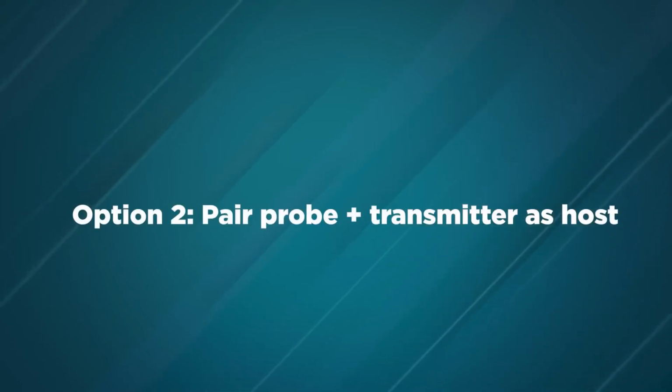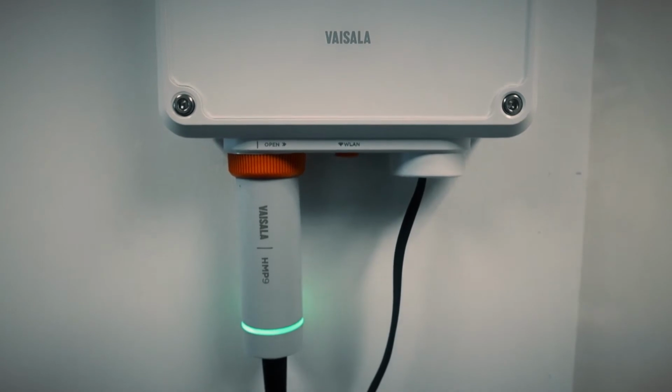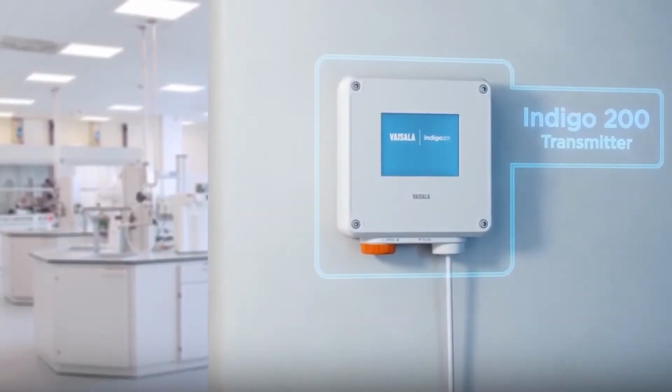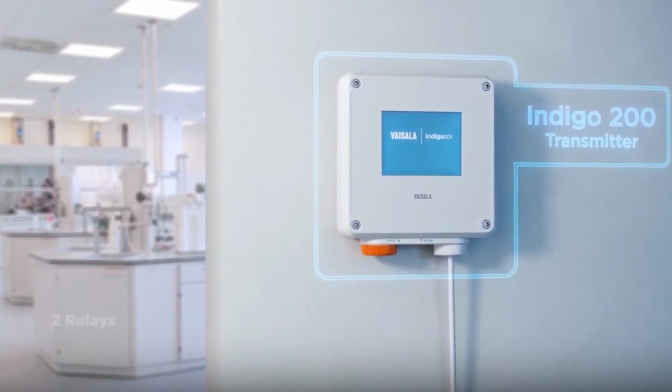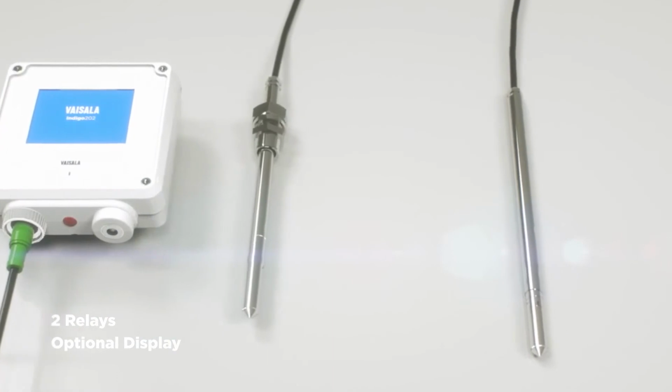Your second option is to pair your Indigo Smart Probe with an Indigo transmitter to serve as a host device. In this case, the transmitter will interface with the probe and enable additional features that the probes alone cannot provide. The Indigo200 series transmitters are a basic option that provide 2 relays, an optional display, plus either 3 analog outputs